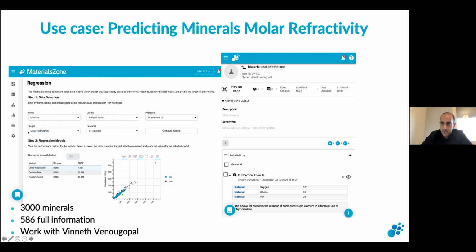Molar refractivity in this case is a desired function, going between 1 and 4, something like that. And then you could choose only the chemical composition, so this is only the elements that make up these minerals. Here we see 3, sometimes it's a combination of many.